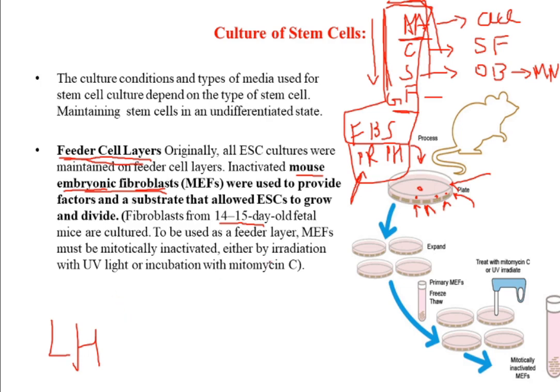Besides this, how is the embryonic fibroblast inactivated? By exposing it to UV light or mitomycin C. So the important thing, why have we added those fibroblasts? In simple language, it will assist the embryonic stem cells so that they will grow. So you culture this, the cells will expand, and then you isolate the cells, and once the cells are isolated, you can use them for the application. So this is feeder cell layer culture.